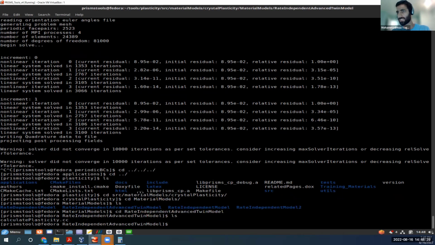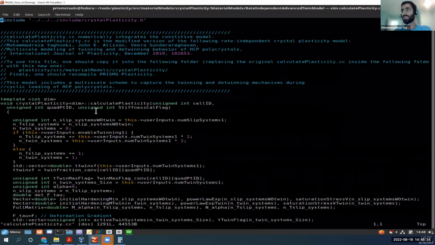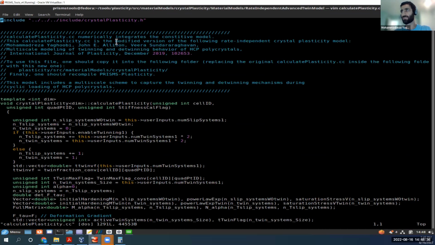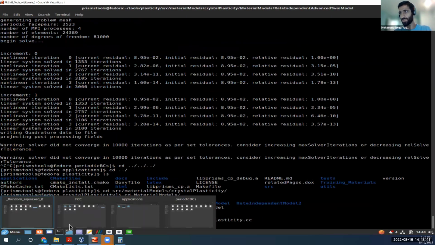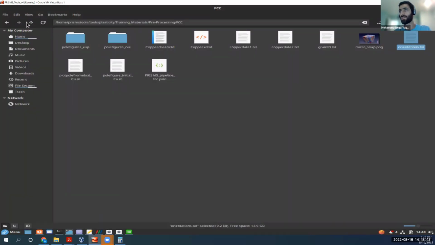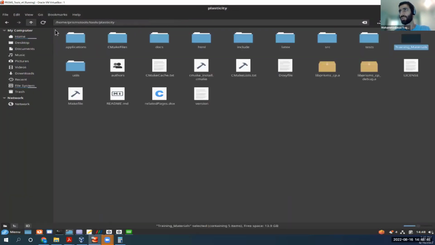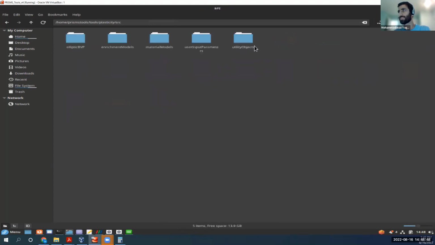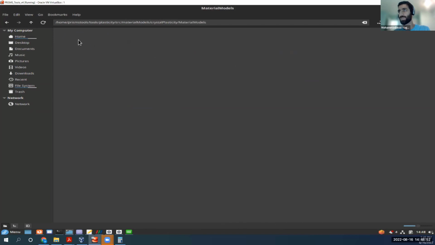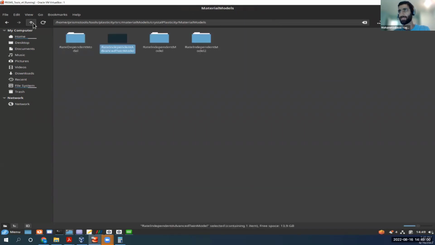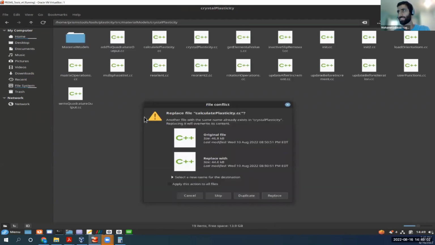So if you look at this, there is a calculate plasticity that if you open that, this is how it looked like. There's another way to go there, if you open the folder, plasticity, go to source, material models, crystal plasticity, material models library, rate independent advanced twin model, and then you can actually copy and paste it the same way you changed the